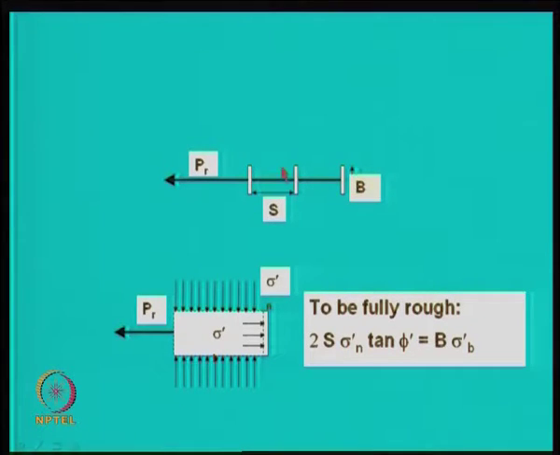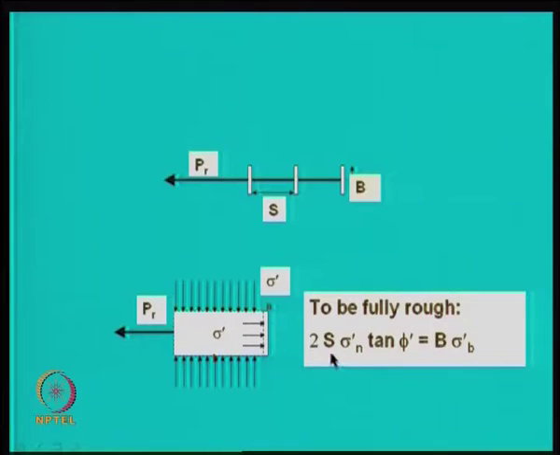We call it a rough footing, in the sense that it is not fully effective. So, what we do is that we take two sides, where S is the spacing and sigma n is the vertical stress, tan phi is to B sigma B. This is what we use; the terminology is called rough, otherwise it is smooth. We try to get back what the spacing required is, based on this.